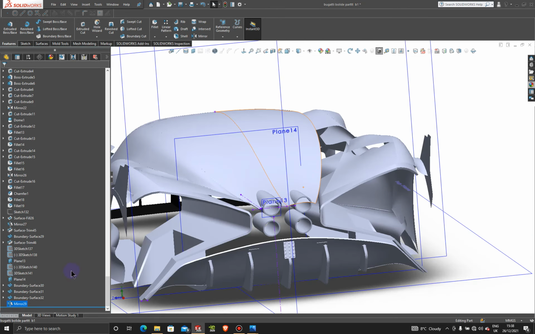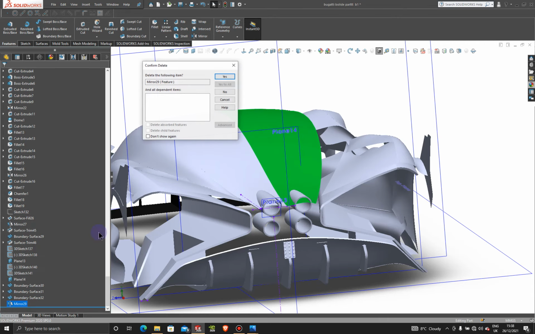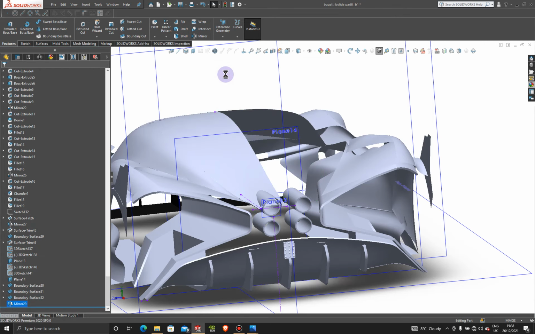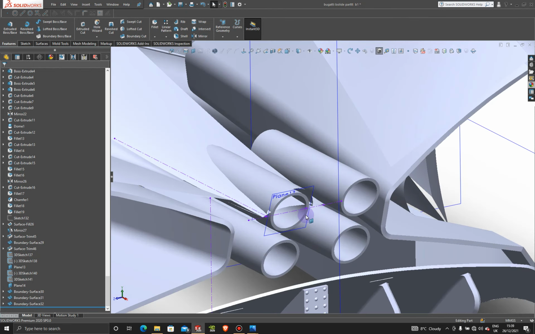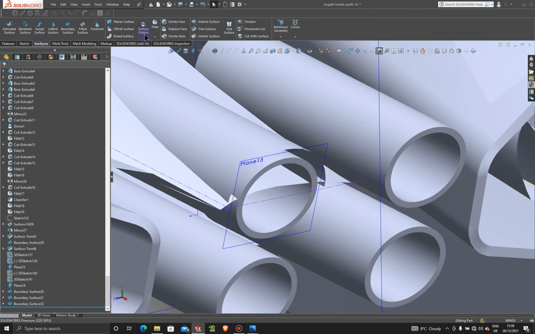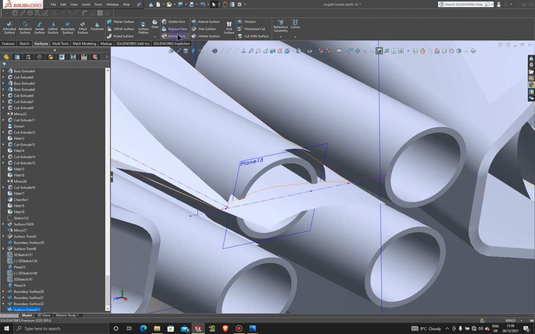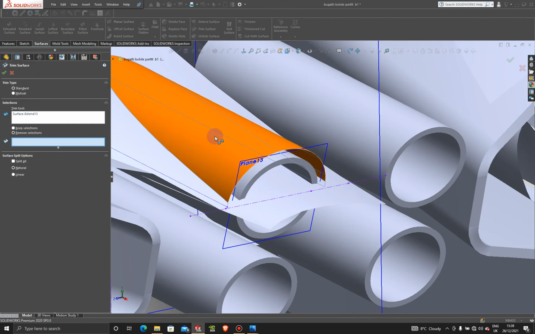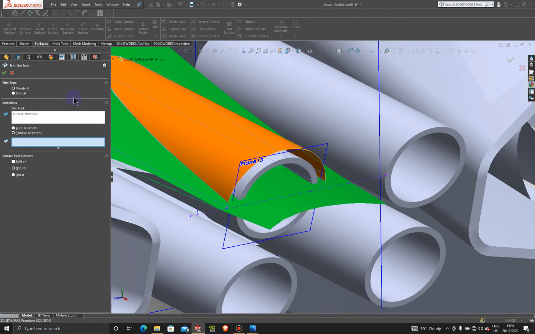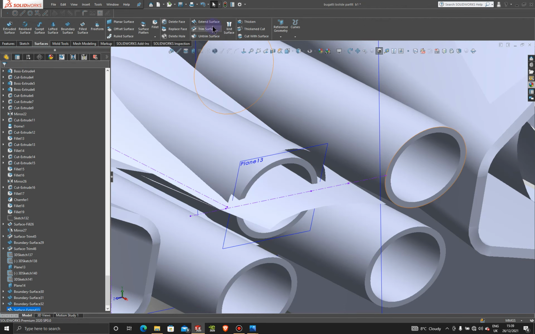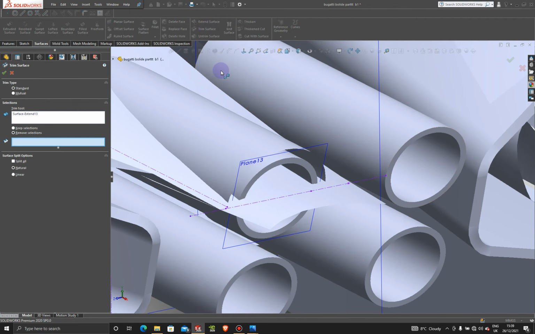So what we're going to do is delete this mirror, and go to surfaces and extend surface, and we're going to extend this edge. Okay, and we're going to go to trim surfaces, and we're going to use a trim tool. Actually, clear selections. Well, let's try that again. So the trim tool is going to be